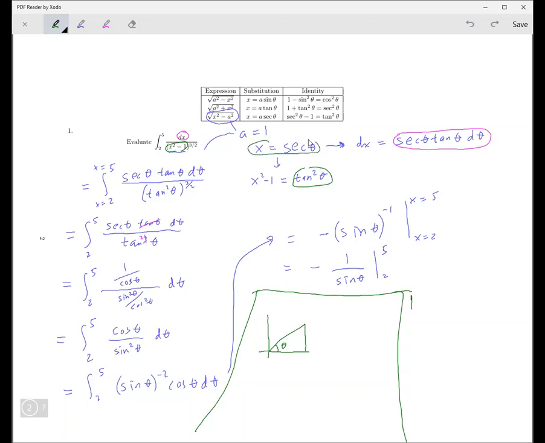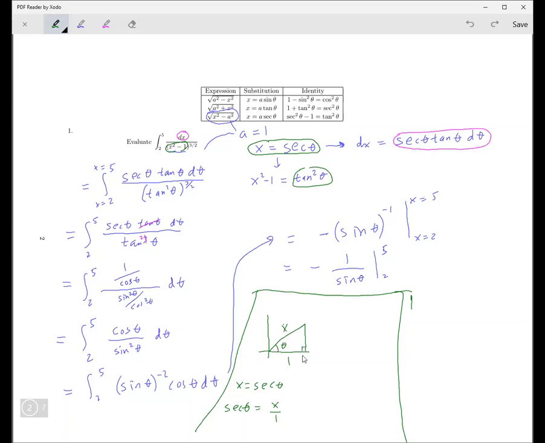is equal to secant theta, well, that means that secant theta is x, right? Or x over 1. And the secant is the adjacent over the hypotenuse. Wait, it's the hypotenuse over the adjacent, I'm sorry. Hypotenuse over the adjacent, okay? That's the secant. So